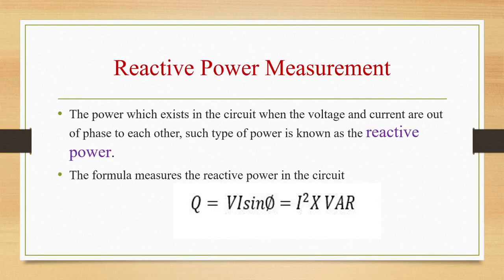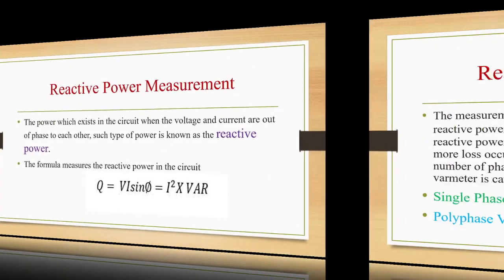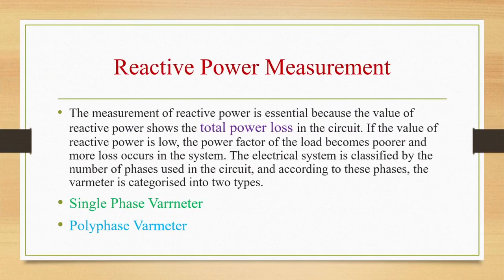Reactive power measurement we have seen. In this one we have two types: single phase wattmeter and polyphase wattmeter. Measurement of reactive power is essential because the value of reactive power shows the total power loss in the circuit. If the value of reactive power is low, the power factor of the load will become poorer and more loss will